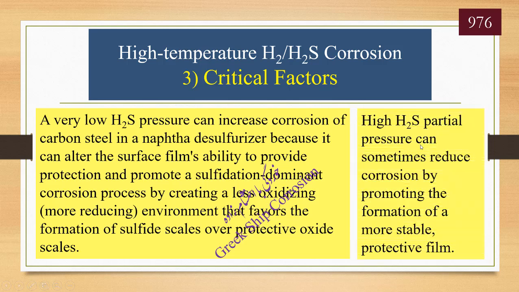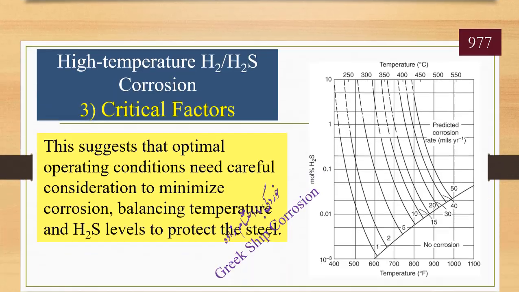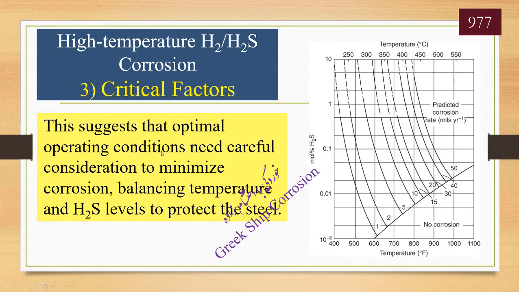High H2S partial pressure can sometimes reduce corrosion by promoting the formation of a more stable protective film. This suggests that optimal operating conditions need careful consideration to minimize corrosion, balancing temperature and H2S levels to protect the